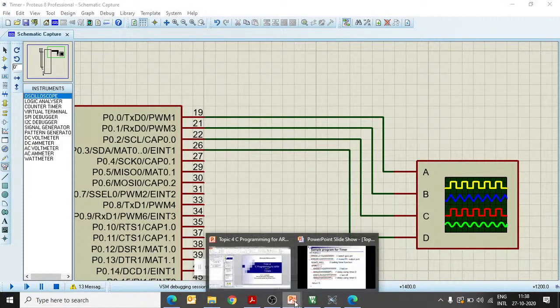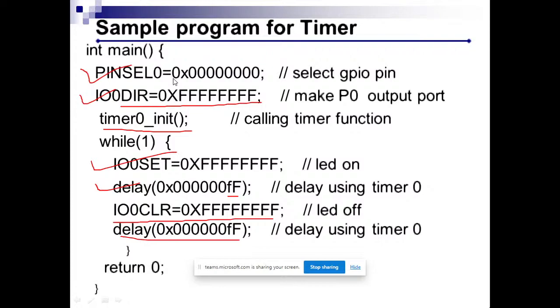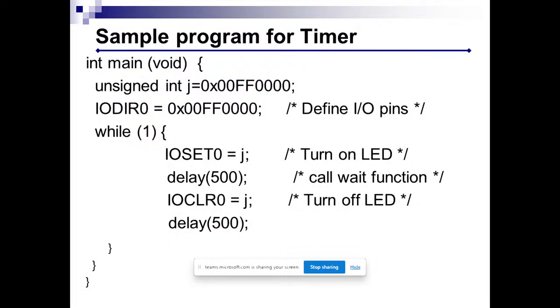Okay, let me go back to my presentation again. So this is how we have seen the simulation of this sample program for a timer. This is another sample program for a timer. In that we are calling delay of 500. This value you can specify here either in hexadecimal or in decimal, no problem. You can use any values here. This value will be passed to the ms variable. So up to the ms variable, your timer will be incremented, and when the timer reaches this value, we stop the timer, and then we return to the main program.